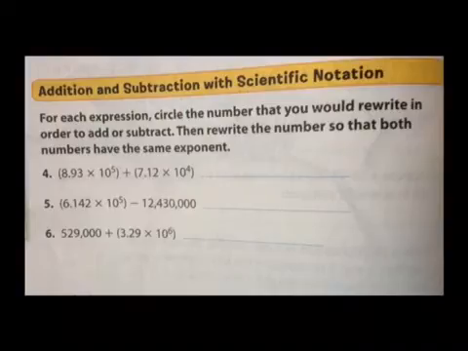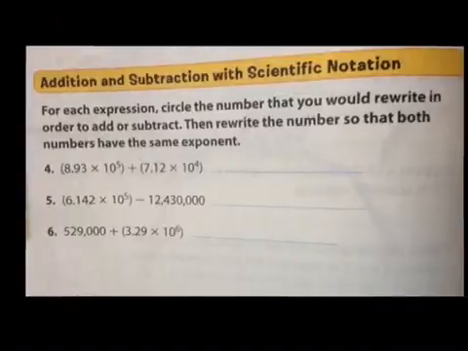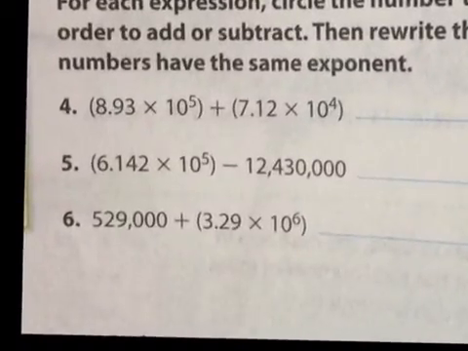Okay, now let's try adding. For each expression, circle a number that you would rewrite in order to add or subtract. Then rewrite the numbers so that both numbers have the same exponent. Okay, so here we have 8.393 times 10 to the 5th power plus 7.12 times 10 to the 4th power. Okay, if I were to, for example,